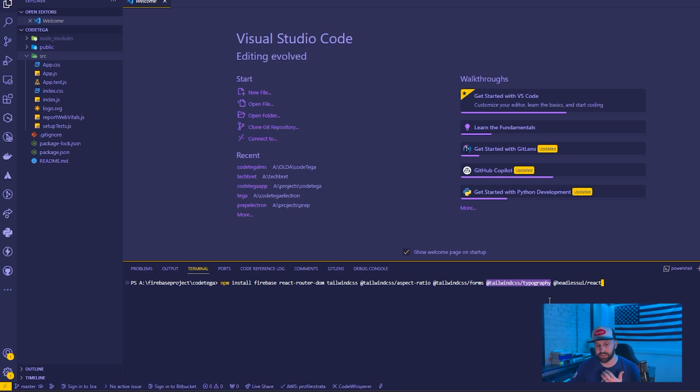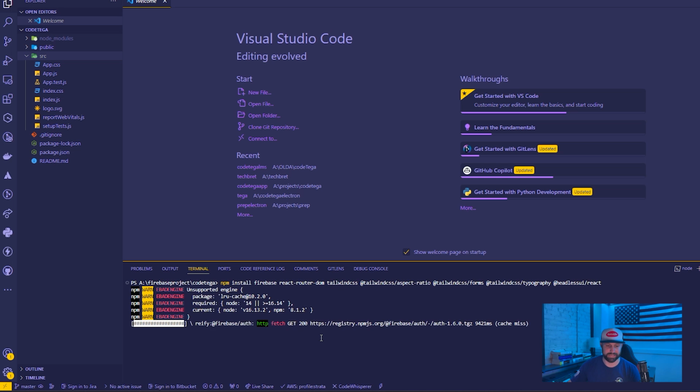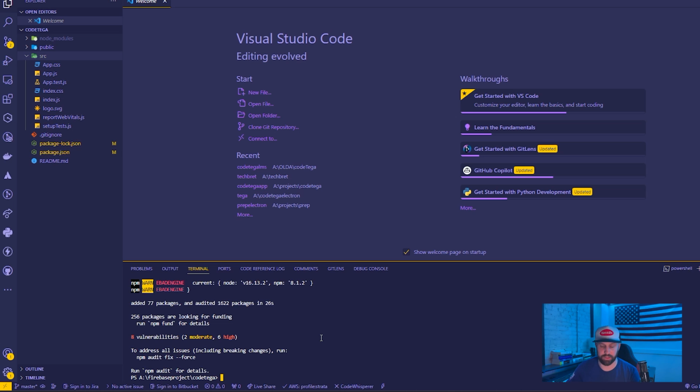And then I'm also going to install a React UI component library called Headless UI. It's pretty standard, and you'll find that a lot in Tailwind if you're not familiar with Tailwind. So I'm going to install all those dependencies. The ones that you need for this project are Firebase, React Router DOM, and Tailwind CSS. Awesome. Once that has finished installing and we've got all our dependencies necessary to continue, we're going to initialize our